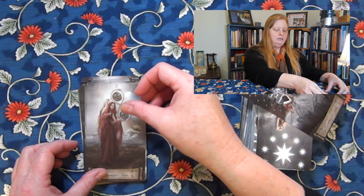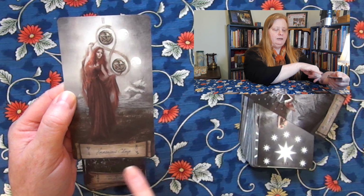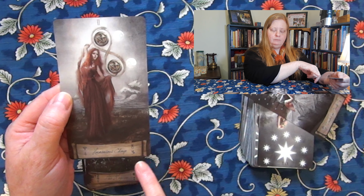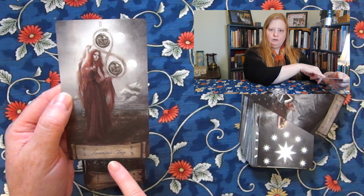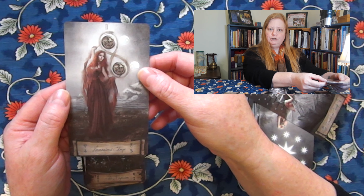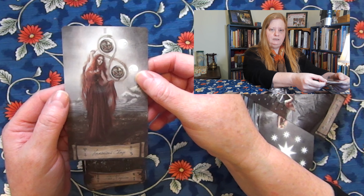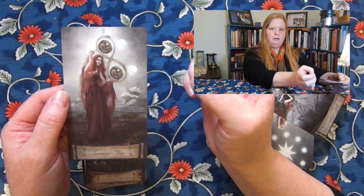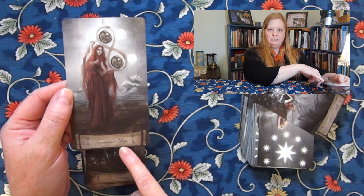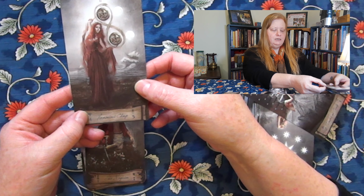And you can see in the card that he has that down in a kind of a parchment scroll looking banner at the bottom of the card, and he has the Golden Dawn card title, which is not the same as a tarot card name. Some people think that they're the same thing, and they're definitely not. So these are the Golden Dawn card titles in the banner for each one. So the Two of Coins is Harmonious Change, and then he has over on the left, he'll have